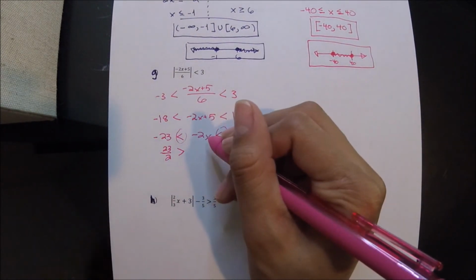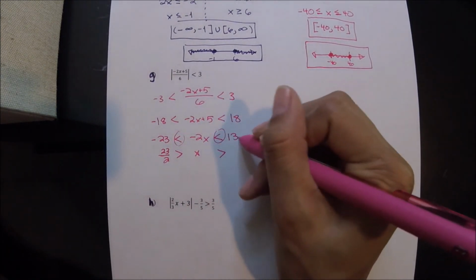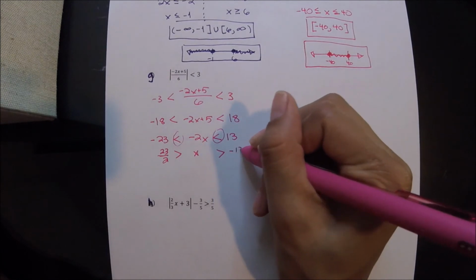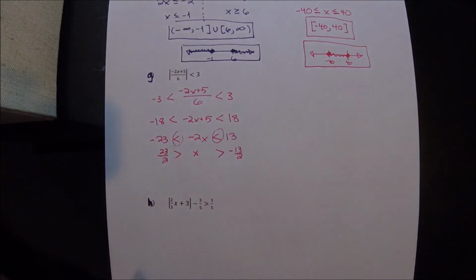And then negative 2x divided by negative 2 is just x. And then here we have 13 divided by negative 2. So that will just look like that. 13 over negative 2 is going to be negative, so negative 13 over 2. And now,